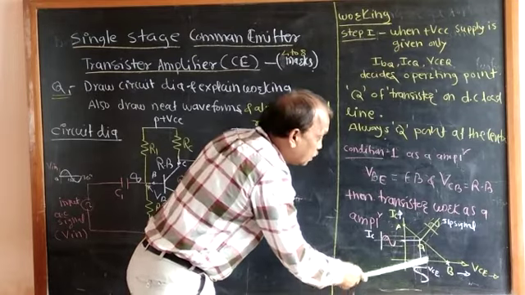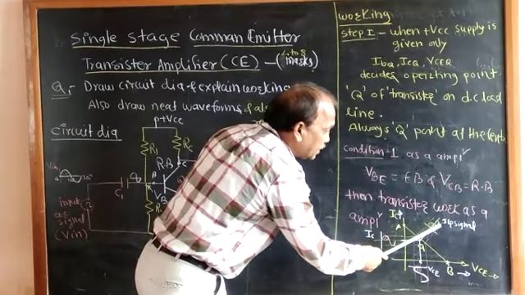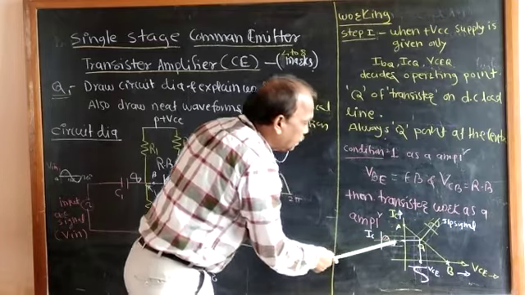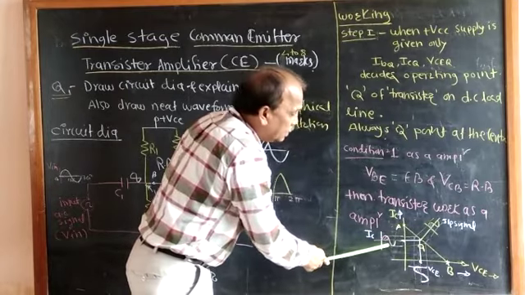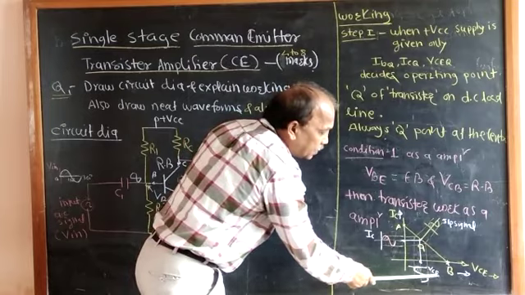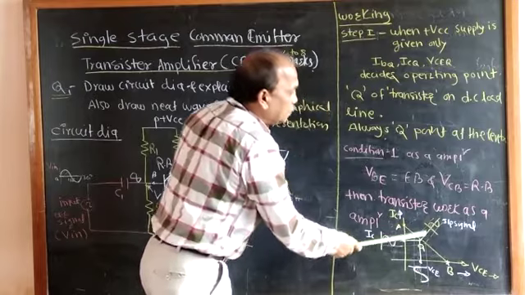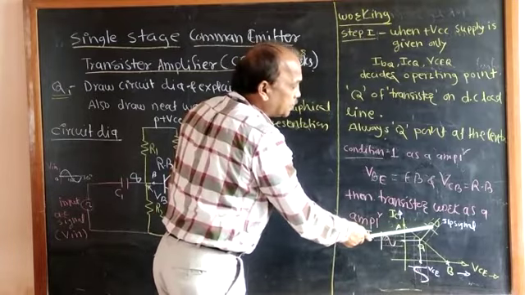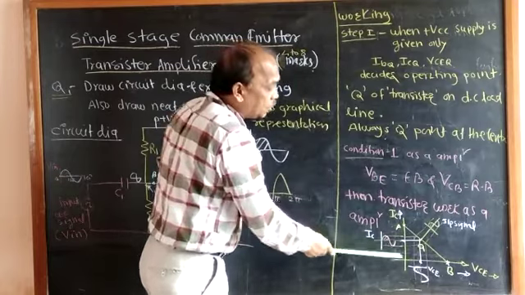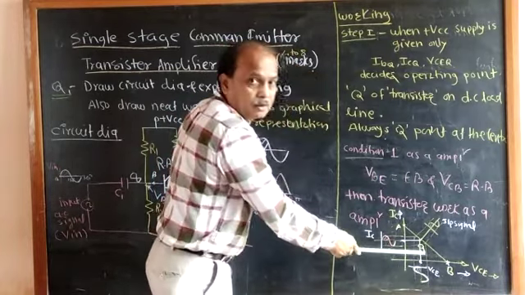Now during the negative half cycle, what happens? During the negative half cycle, again base current increasing, decreasing, the same nature. The same nature is available at the collector side. Okay. Now here at the voltage side, that is the collector emitter voltage, it is reversed. Now what we studied? We are giving inputs. The nature of the input signal is in this way. The nature of collector current is in this way, and the nature of output signal is in this way. Okay.